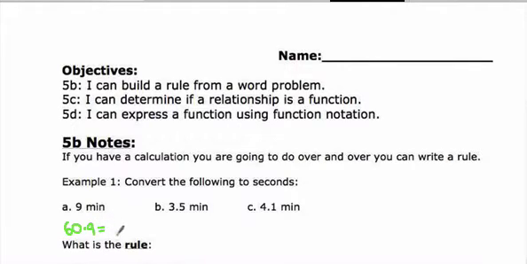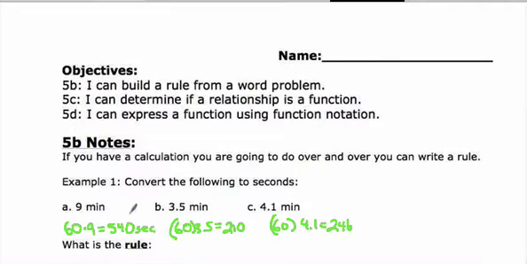and we get 540 seconds. Okay, 3.5 minutes, same deal. I'm going to multiply it by 60, put it in parentheses so we don't confuse it with the decimal, 3.5, and I get 210. And last one here, 60 times 4.1 equals 246. Okay, but if you're going to do the same thing over and over, we can create a rule